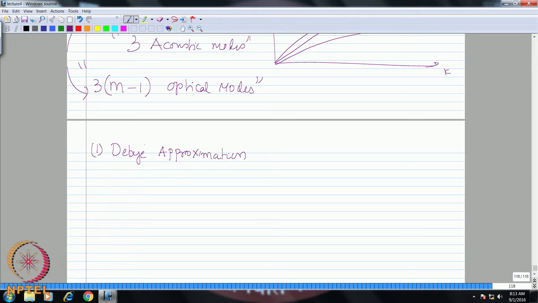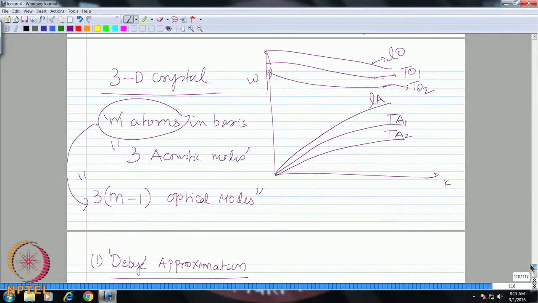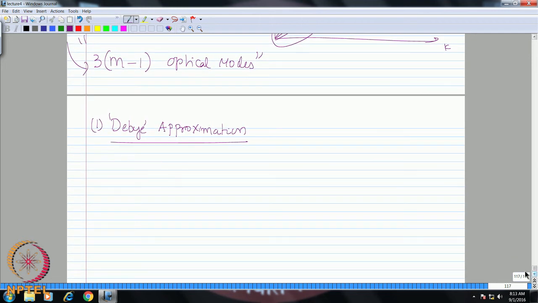The Debye approximation states that if you are looking especially at the lower values of frequency and wave vector, in this particular region, this curve is more or less approximated as a linear curve between omega and k. You can actually use this and extrapolate it to all the higher values of k,